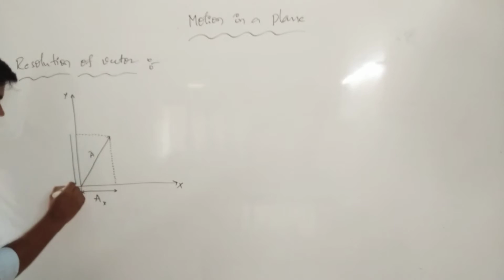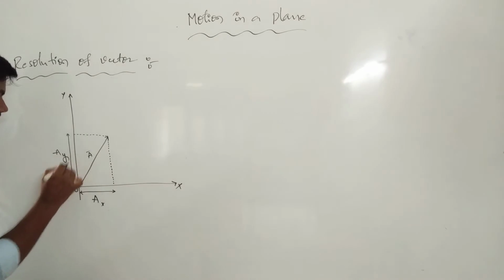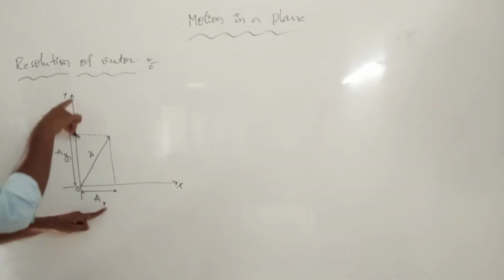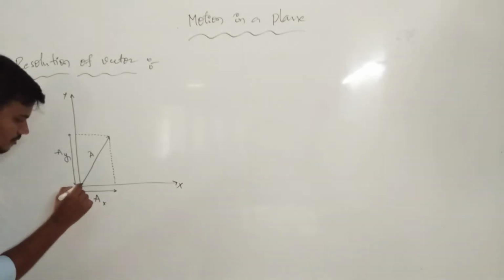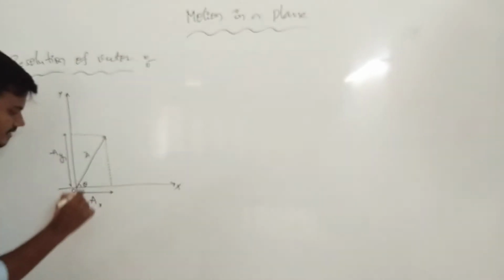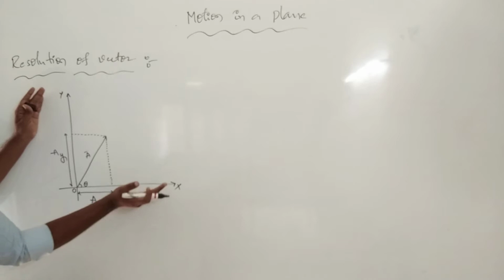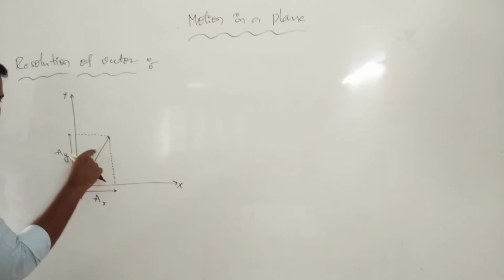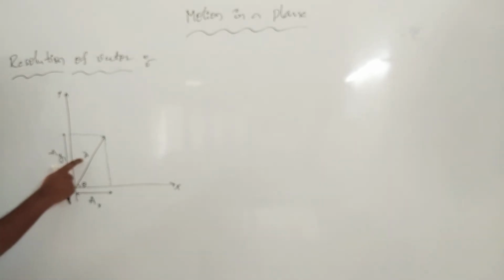Now this displacement we call A. X is the position of the point and Y is the position of the point at the x-axis and y-axis. There are two interpretations of these positions. We introduce the theta representation, for example. There is splitting into two positions, the position on the x-axis and the position on the y-axis. The diagonal passes from the origin point to infinity. You can observe this point is known as vector A.